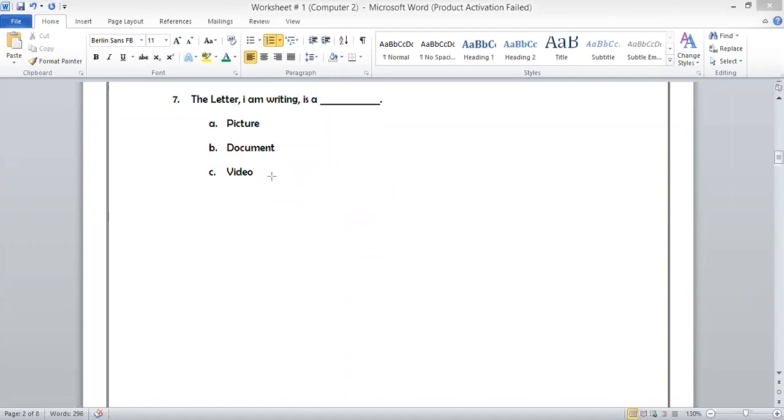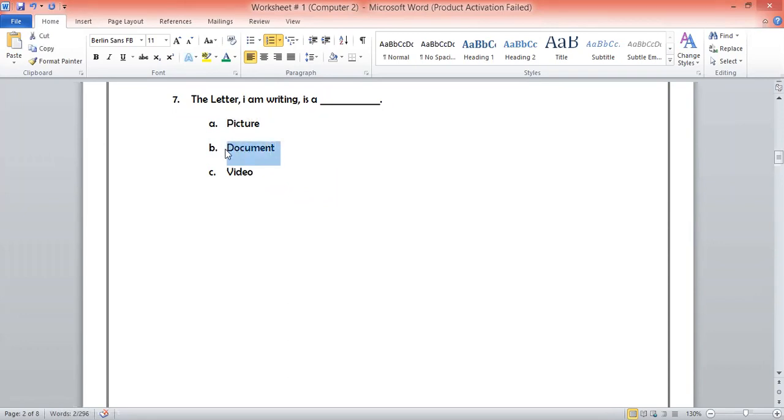The letter I am writing is a document. I can change the spelling of the word document, like I write document two times there. This is a document, that's why I can change it. For me, it's not a picture, it's not a video, it's a document. So the right answer is document.